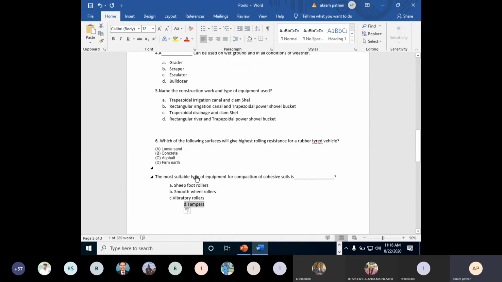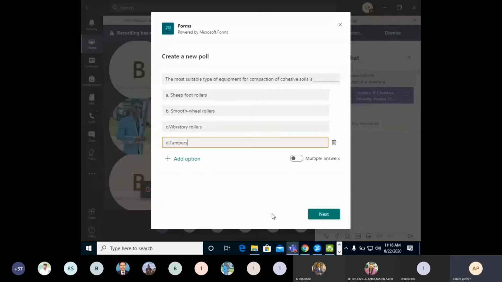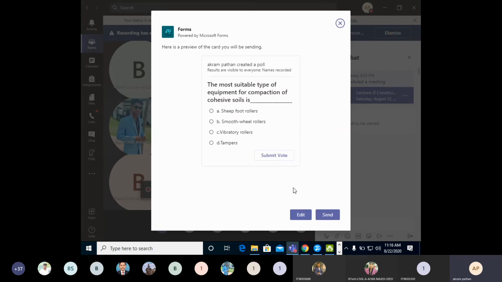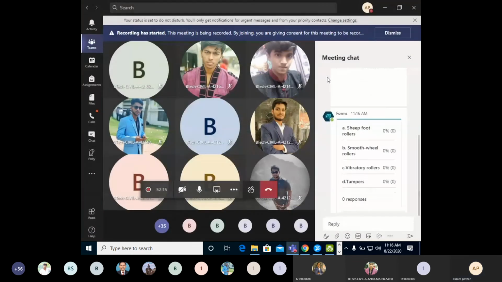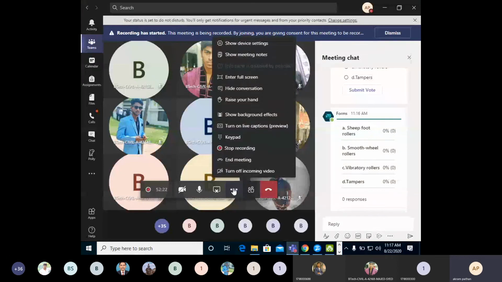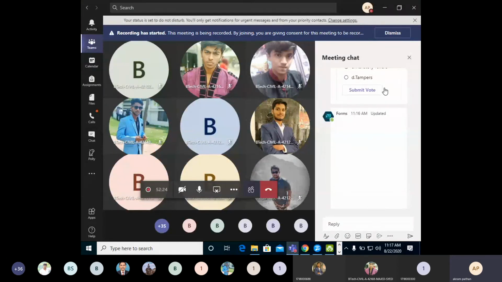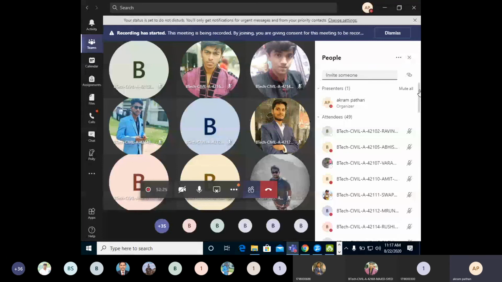So the most suitable type of equipment we have to use for compaction of cohesive soil is